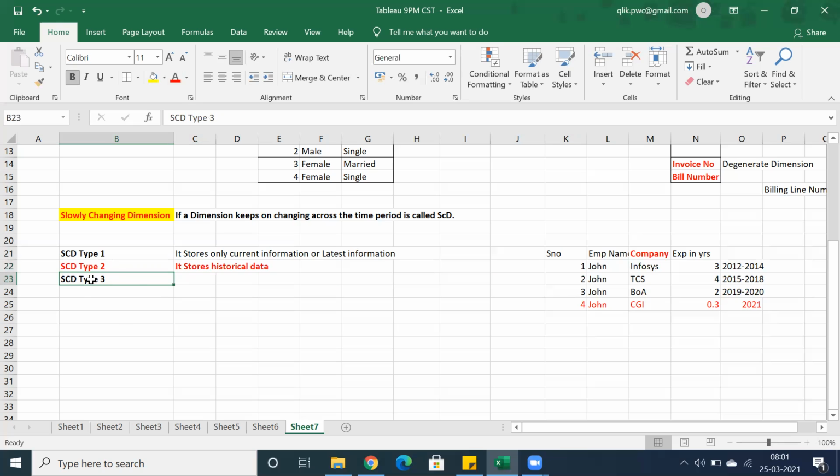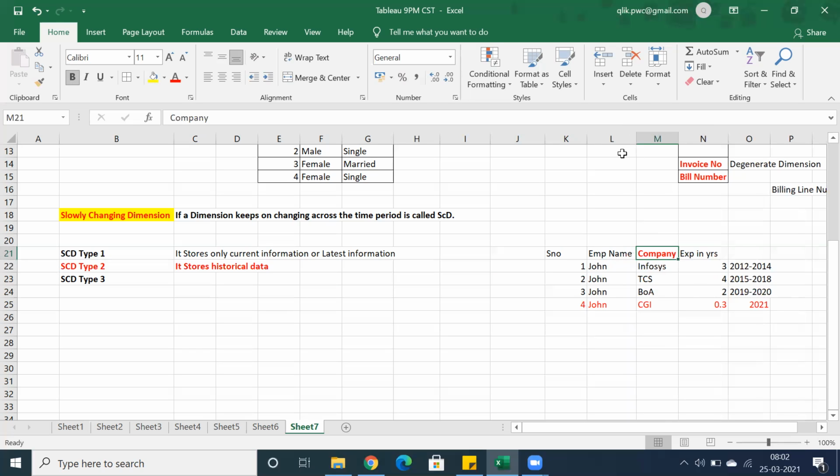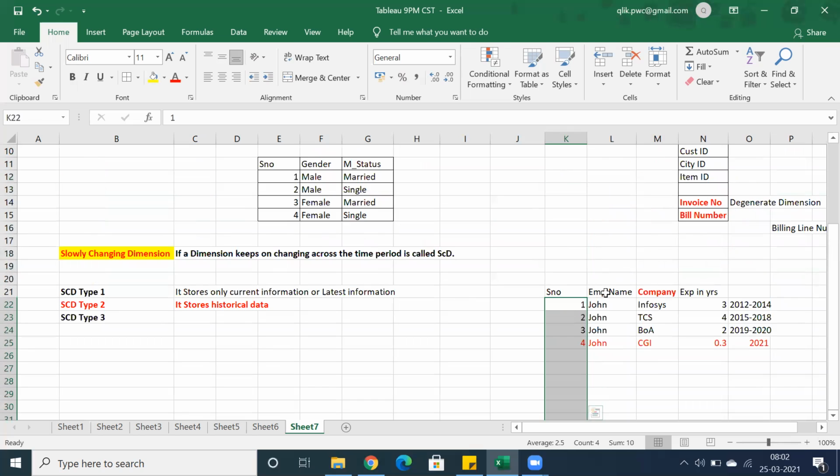Type 3 is a bit interesting, in the sense it's not straightforward. You can see this is what we have, a column called company. But in SCD type 2, you may have a number of records. That's what historical data is. The record count may increase, and not only employee related information, it might be any other data.